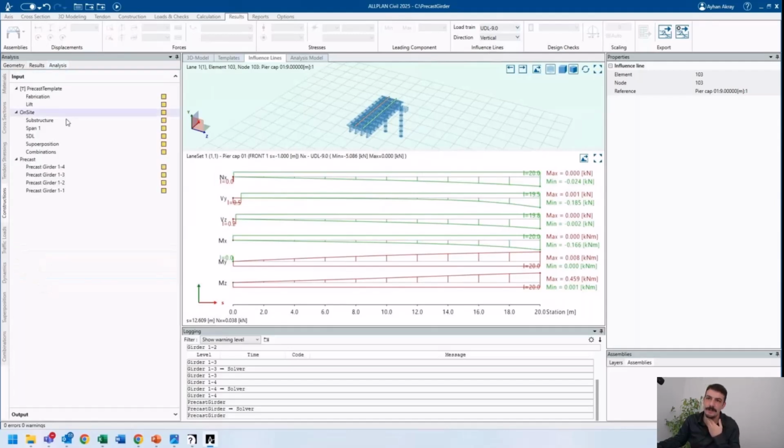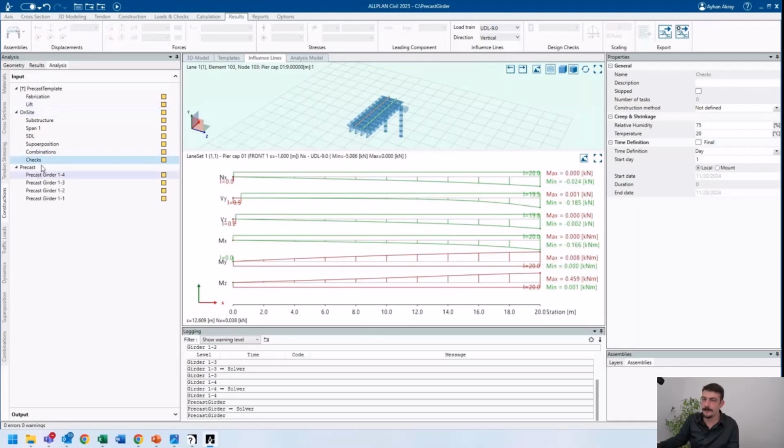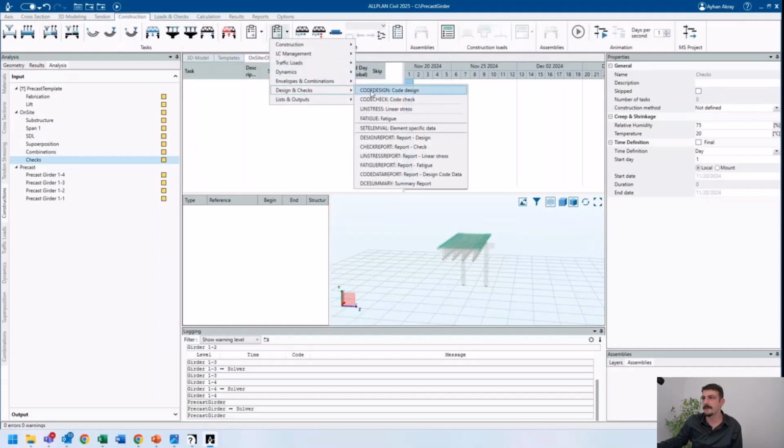So after making the combinations and seeing the results, we can create a new phase for the checks. For the single girder, we can do automatic design for the reinforcement. But for the composite sections, currently we don't have an automatic design for the reinforcement. Automatic design means in the design and checks, we have functions as code design and code check, and linear stress for the stress visualization in the report, and fatigue controls such that. But I will today only focus on the code check and the report calculation